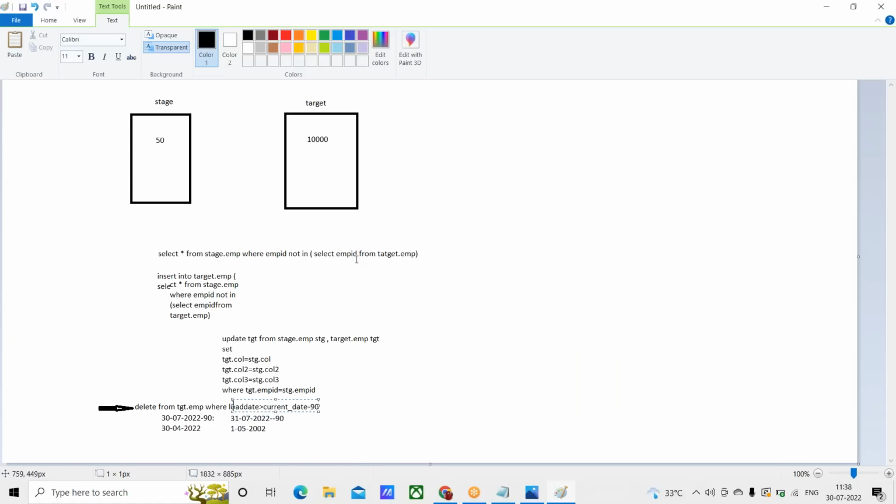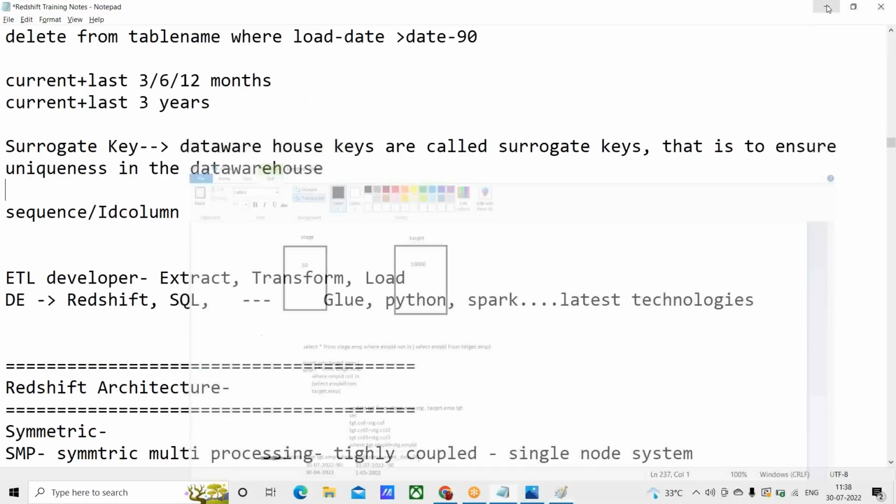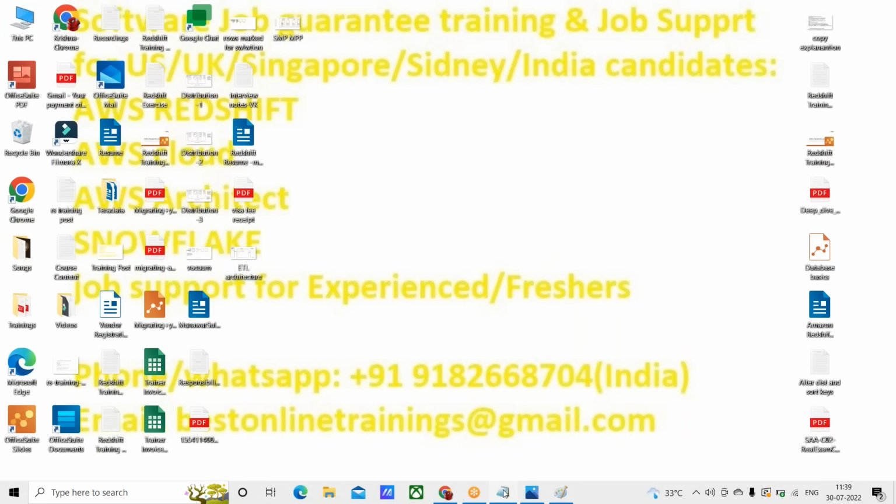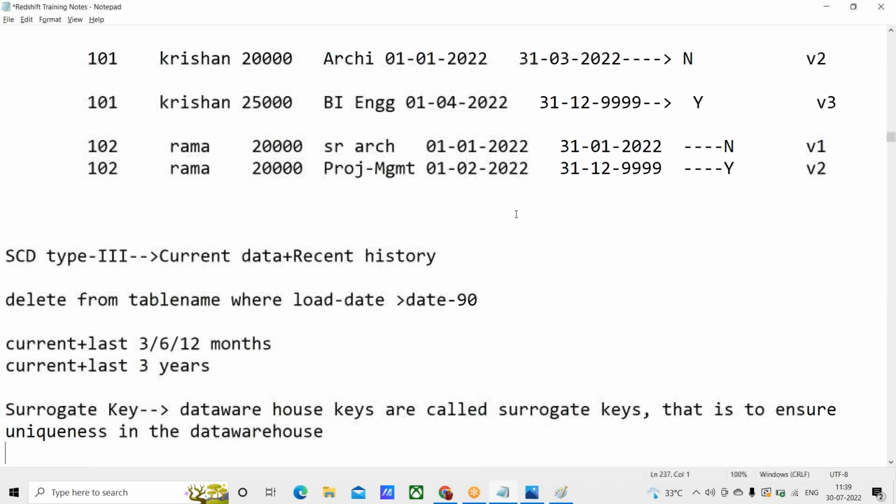In SCD type 2, we are implementing using the date range method, right? First thing is that start date will be same as hire date and last date will be high end date. But while updating, what we are doing is closing the old record